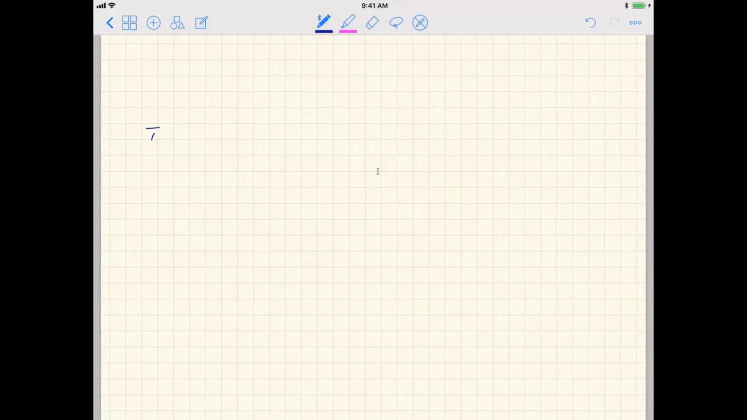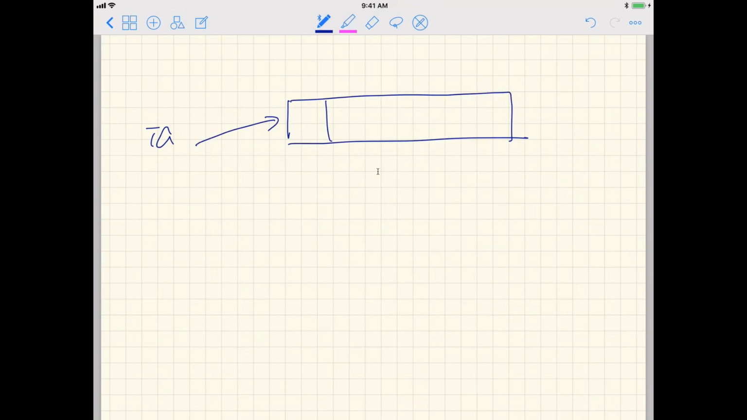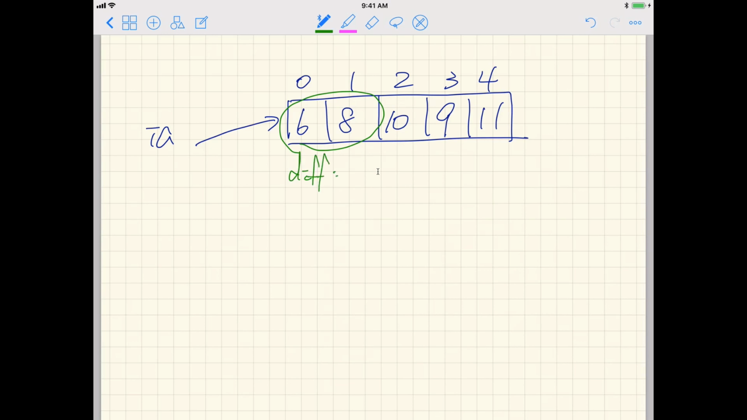Let's say I have ia over here. Let's say we just have something like this: indices 0, 1, 2, 3, and 4. We have, let's say, 6, and then 8, 10, 9, 11. So now what's going to happen is, since we first calculate what the common difference should be over here, the common difference should be just 2. And then starting from index 2,